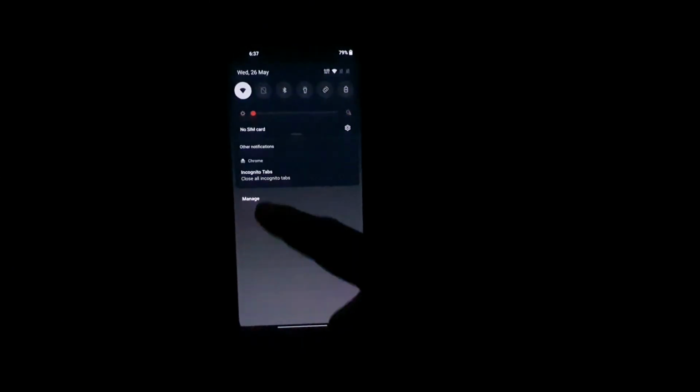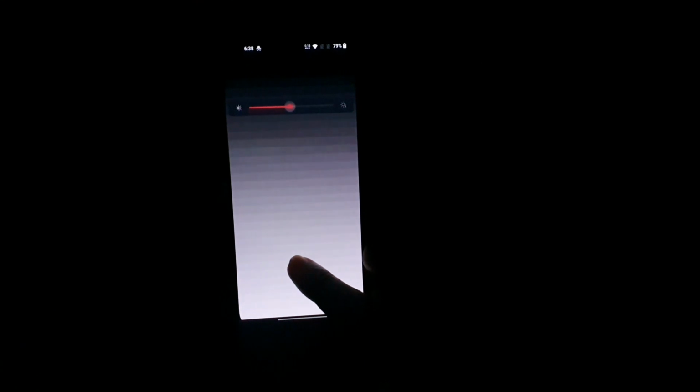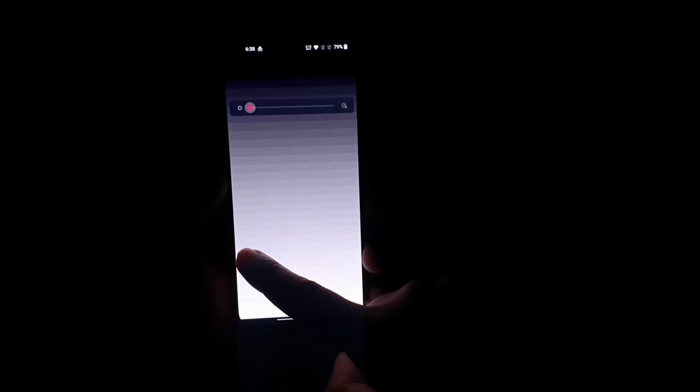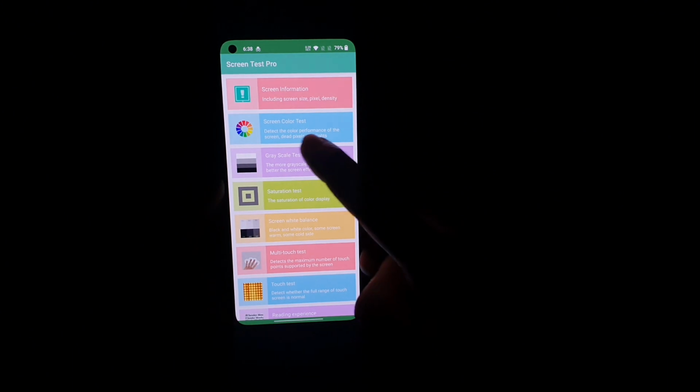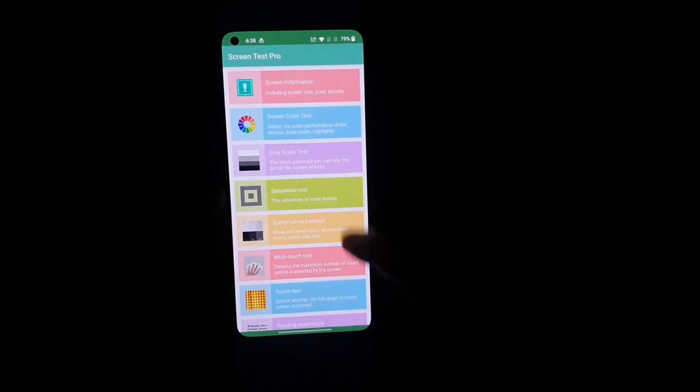Let me try to slightly increase the brightness and show you what happens when I increase it. As you can see, this area, friends. Let me try to go back again and open the grayscale. So this area, this top area, and next there's another method to test in this segment.